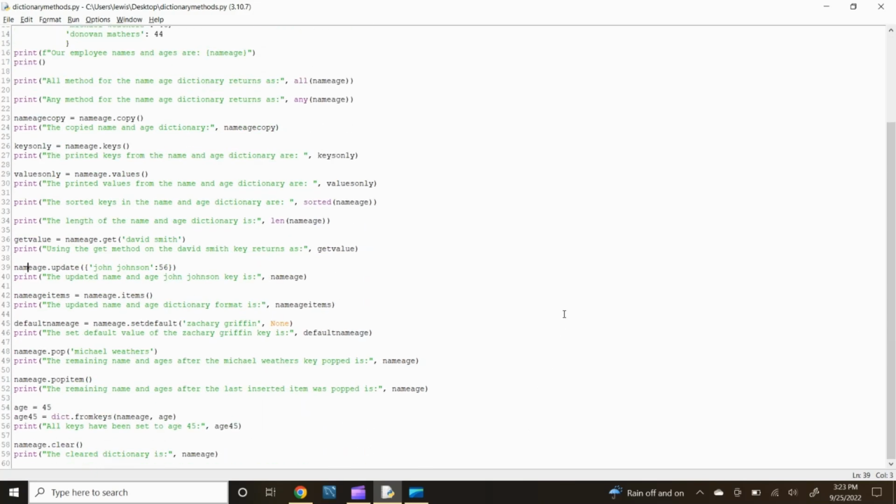The ninth method is update. This method updates the dictionary with the specified key value pairs. Let's update the John Johnson key from 55 to 56. Type name age.update, open parenthesis, open curly bracket, apostrophe John Johnson apostrophe, 56, close the curly bracket, close the parenthesis